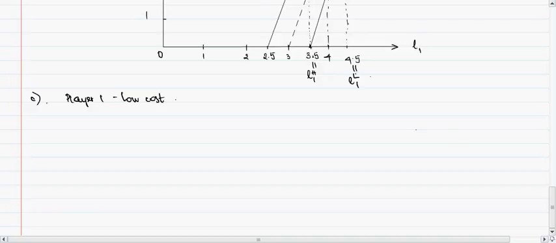Alright, so under the case of no signal, which is basically player 2 can't tell whether player 1 is a low cost or a high cost, then player 2 is going to choose L2 equal to 4, and player 1 of a low cost will just have to respond by choosing L1 equal to 4.5. Right, so if that's the case, the net benefit